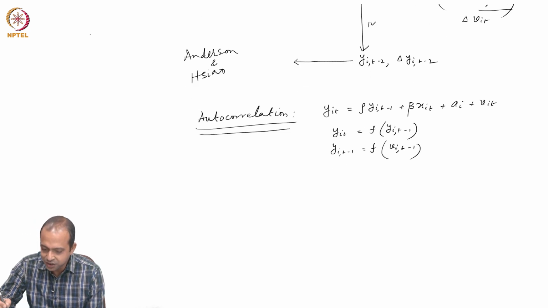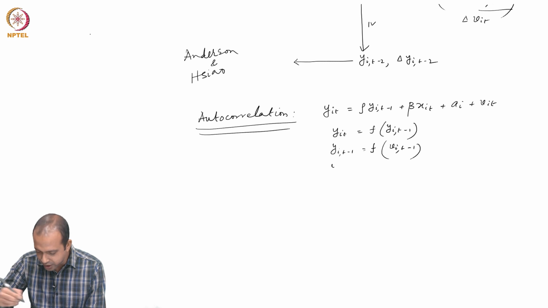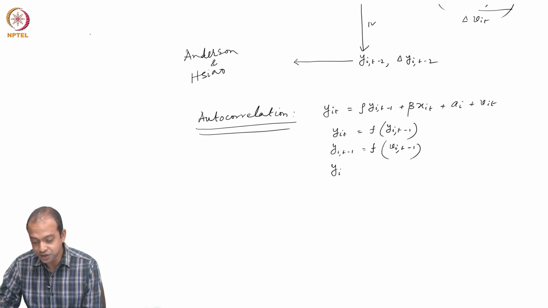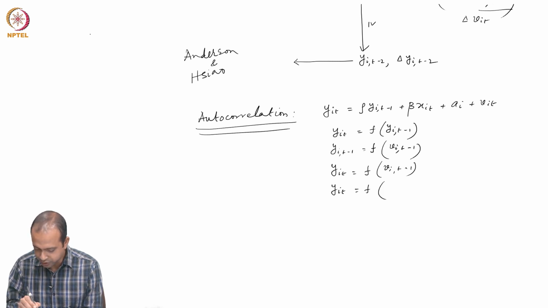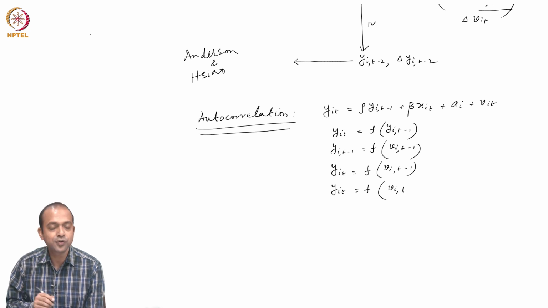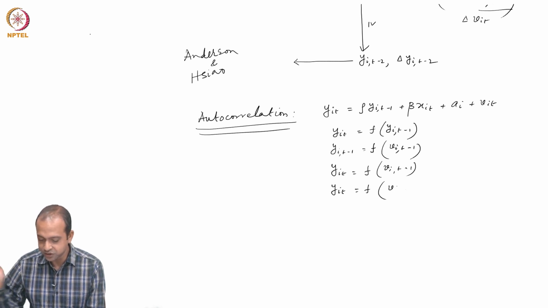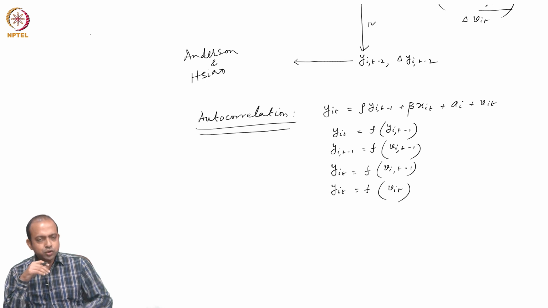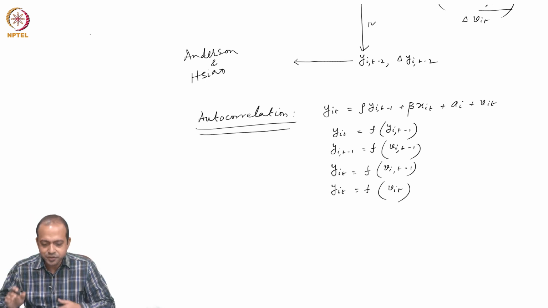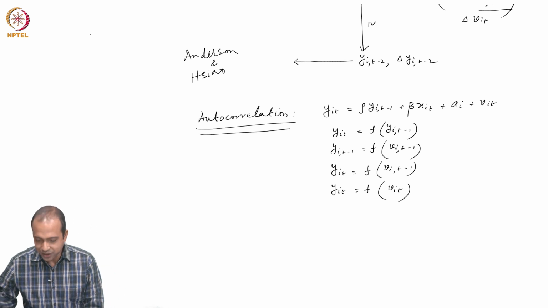So, VIT is correlated with YIT, YIT is correlated with VIT minus 1, then ultimately VIT is a function of VIT minus 1. So, the presence of the lagged dependent variable is leading to autocorrelation, and that autocorrelation is of order 1. So, the structure of the model itself gives AR1,